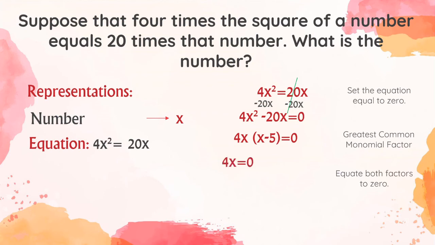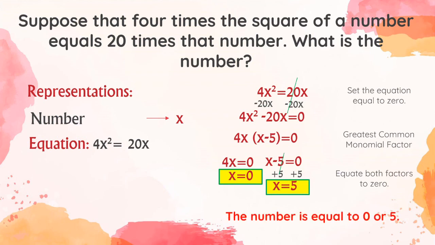Let us now equate both factors to 0. 4x equals 0, gusto lang natin ay x, so divide both sides of the equation by 4, kaya naging x equals 0. This again makes sense, kaya pipiliin pa rin natin na value ito ng x. Next, x minus 5 equals 0. Let's eliminate negative 5 by adding positive 5 to both sides, and that's it. X equals 5. This also makes sense. So again, we have two values for x. It's either 0 or 5. And for the last problem,